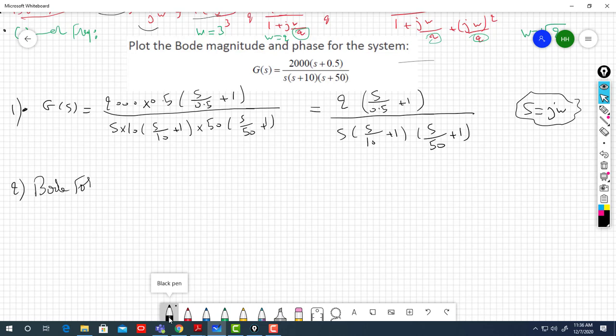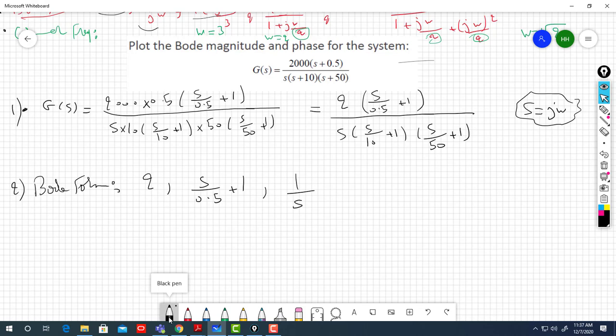What are the Bode forms? Standard form in which you can start drawing your Bode diagram. 2 is a constant. S over 0.5 plus 1. So you know how to draw the constant. You know how to draw this. This is a derivative factor. So 0, 20 decibel per decade, corner frequency 0.5. Very easy. So then